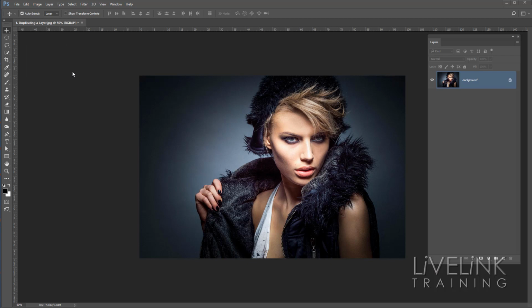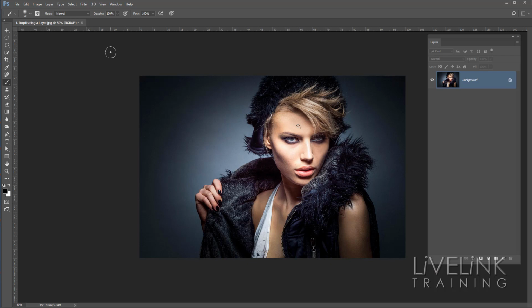Okay, well to do this we need to be in the brush tool. Now you can go and click on it here in the toolbox, or you can press the B key and that'll select the brush tool for you. Now if you look up here in the tool options bar, we can see that we've got the opacity and the flow both set at 100%. Now we'll start with the opacity. If I want to change the opacity on the fly, I can click the slider and drop the opacity by moving the slider, and that's fine. But if I want to do it a little bit quicker and a little bit slicker,